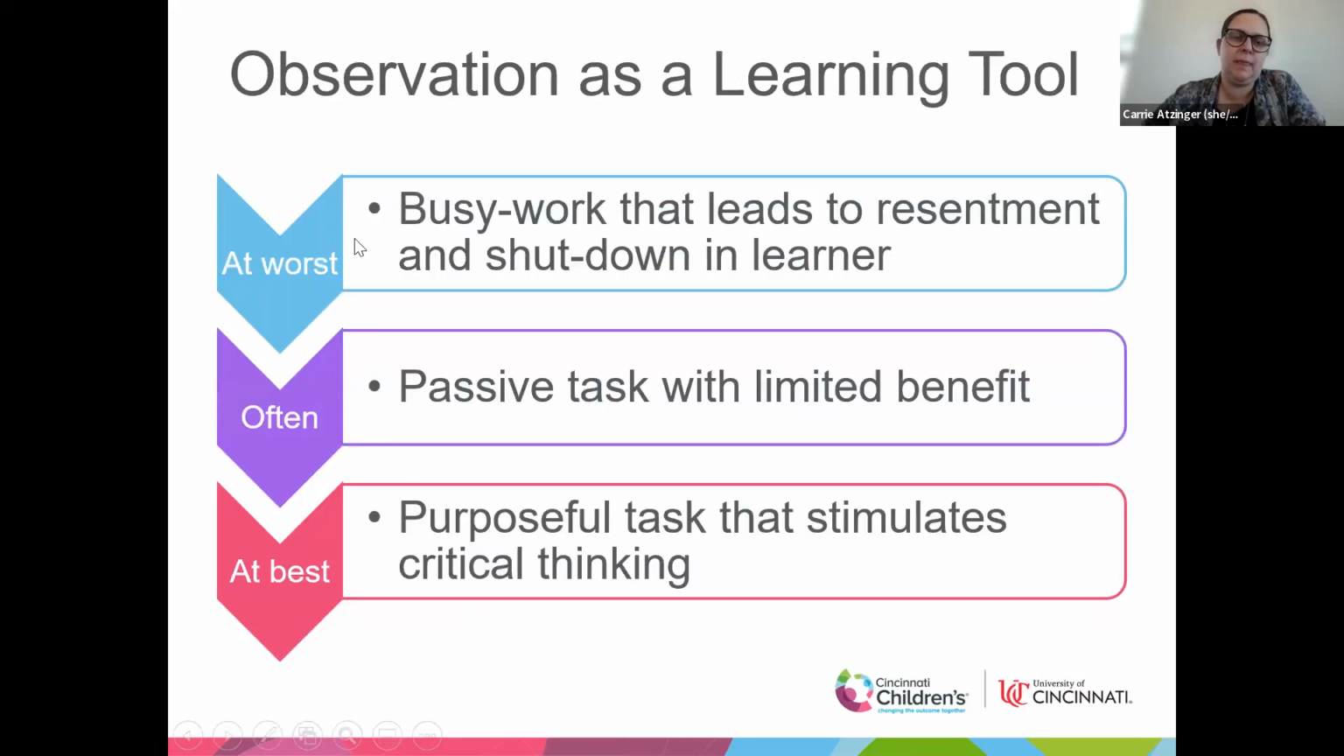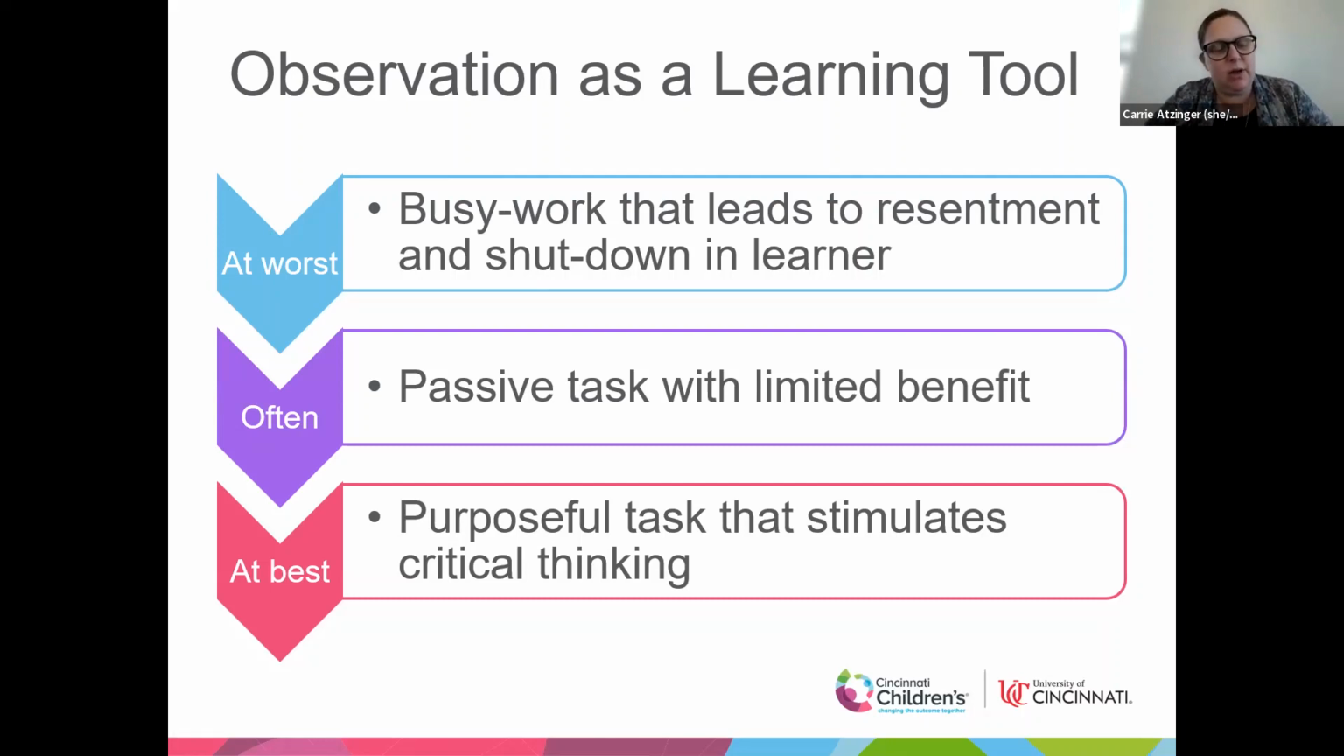And I'm sure all of you at other times, either in other training that you've done or just for other requirements, have had other opportunities to do observations of your own discipline or in other situations. And really, when we think about observations as a learning tool, at worst, it can be busy work that sort of leads to resentment and shutdown in a learner and doesn't really have any value. Often it's passive, so a task that people do